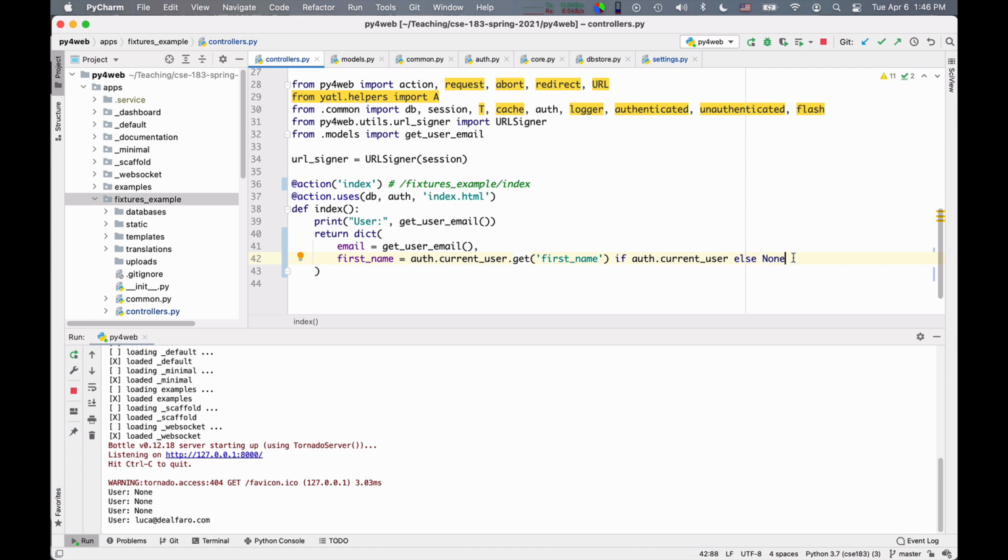Yeah, that's fine. And then I can say last name is equal to, and I use a similar line in which what I get is the last name.